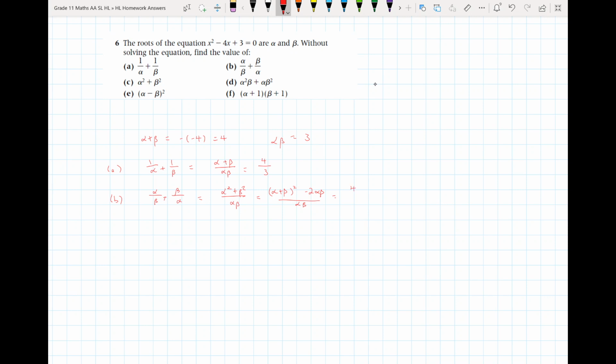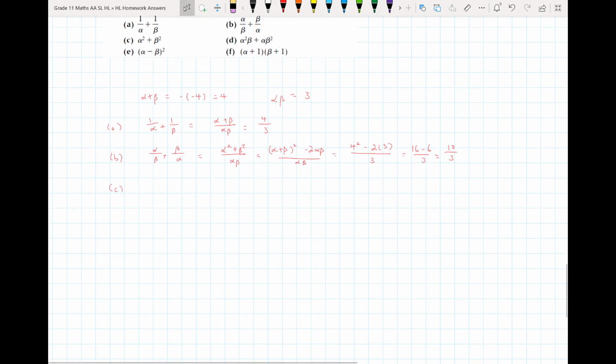This will be 4 squared minus 2 times 3, all over 3, which is 16 minus 6 over 3, which is 10 over 3. C is even easier than B because we don't even have the denominator. So can I just write down 10? Right. It's exactly what the denominator is from part B. And C,